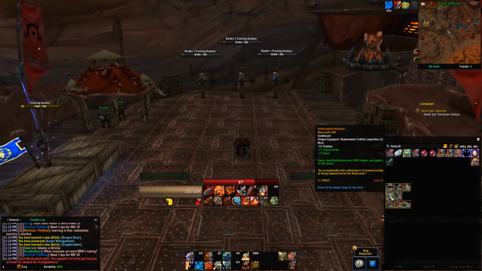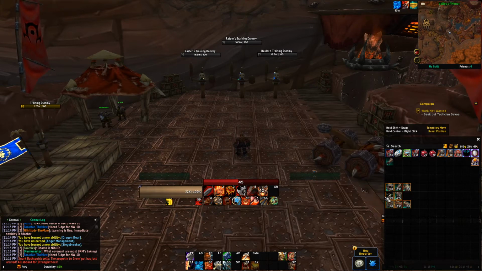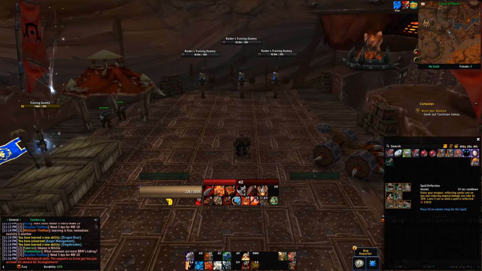Next up, we have the Shadow Gas Necklace. Spell Reflection lasts 200% longer and applies to your party. So compared to the DH one that automatically triggers, we actually now have utility as warriors. We have more utility. We actually get Spell Reflection baseline, which is Poggers, man. So you're gonna raise your weapon, reflecting spells cast on you last 5 seconds or until a spell is reflected. So with this legendary, this will be lasting 15 seconds when you do use this, and this will be applying